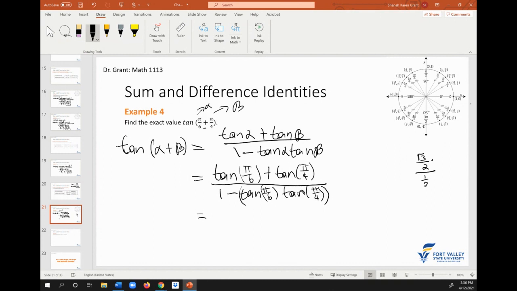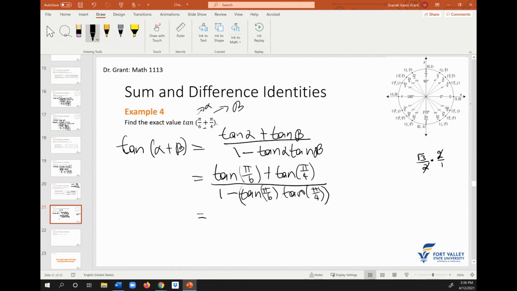But we know this is going to be keep, change, flip. So this is root 3 over 2 times 2 divided by 1. The 2's cancel, so this is really